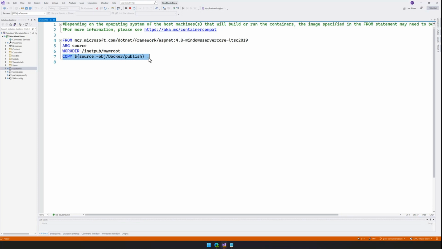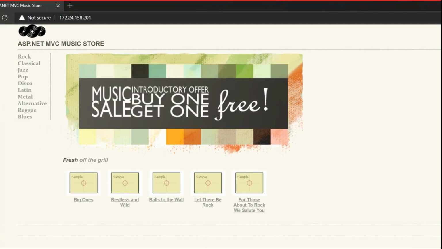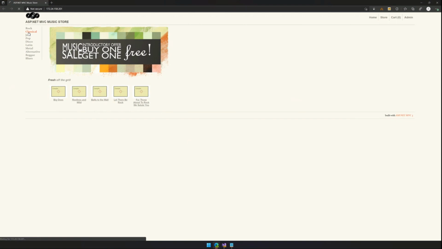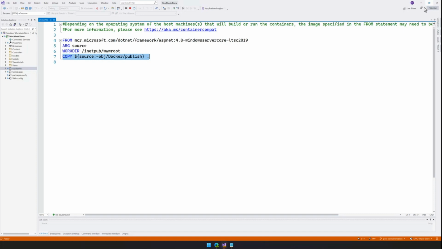And when we copy that source across, we're copying it into the right place inside the container image that we're using as our base image, so that when it boots up, we should hopefully get that. And we can see that that's running inside a container and not on my host, because it's got this funky 172.24.158.201 Docker address, and it's literally the same app. Okay, and we've passed in the container configuration using those environment variable types. So that's cool. All right, going well so far.